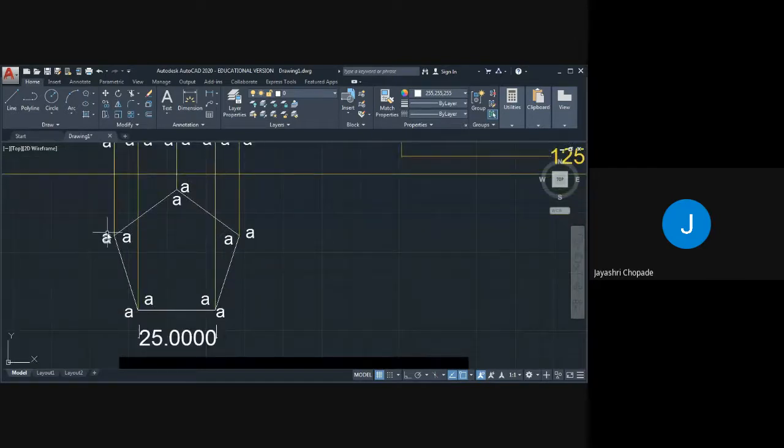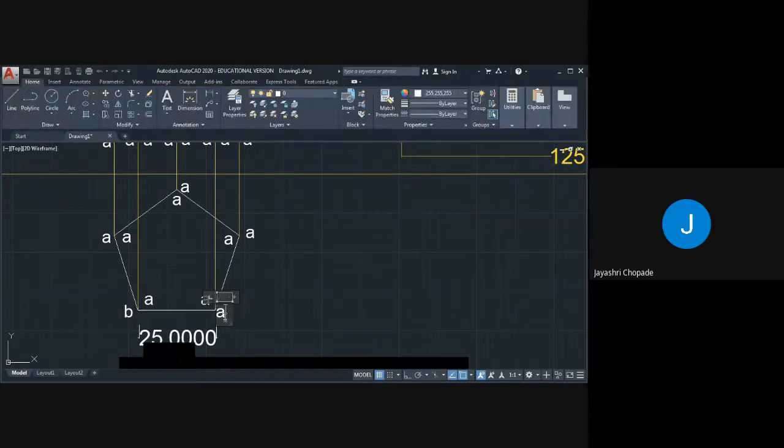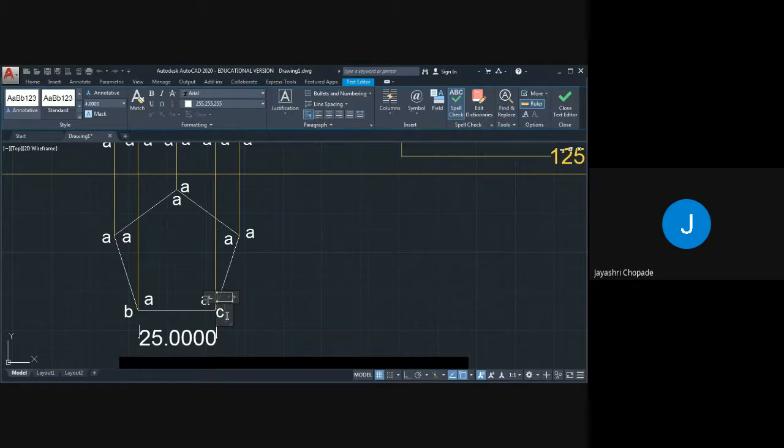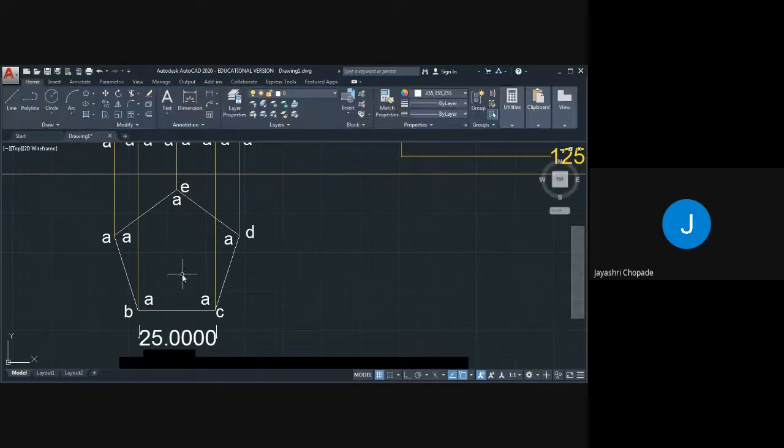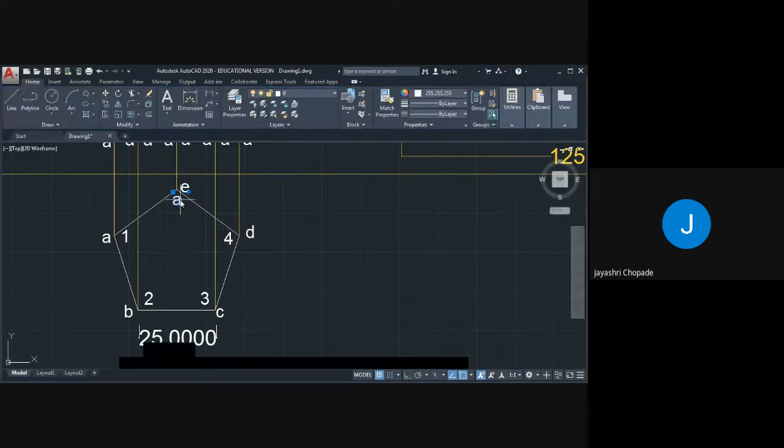This is A, this is point number B, this is C, this is point D, and this is A, E. Again this is point number 1, 2, this is point 3, this is 4, and this is 5.